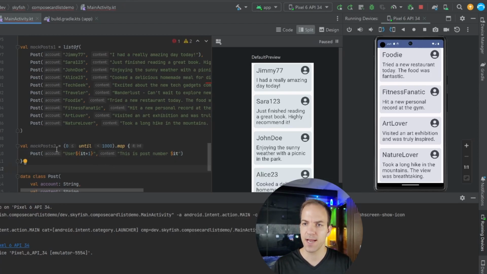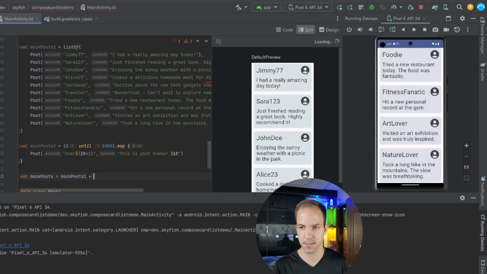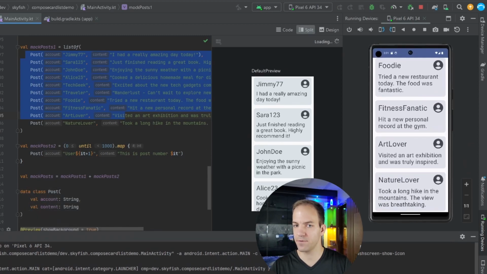Okay, so now that we have this list with 10 posts and then this list with 1,000 posts, I'm going to come down here again and say val mockPosts is equal to mockPosts1 plus mockPosts2 and add those lists together. And the preview will look the same, obviously, because we can't even see all of those in our preview yet. But if I go ahead and run that on my phone now,